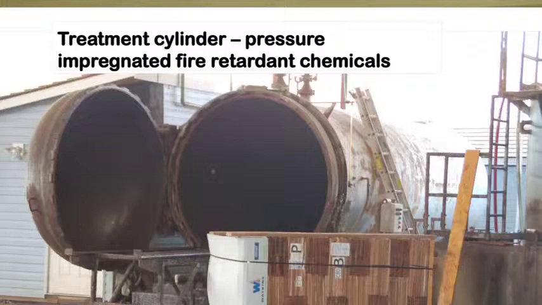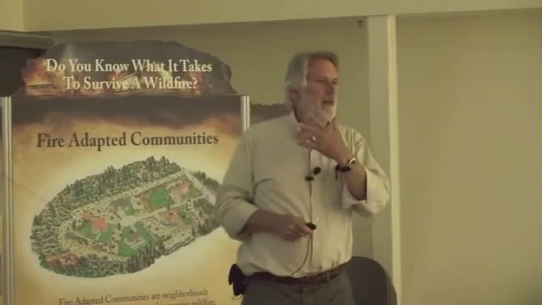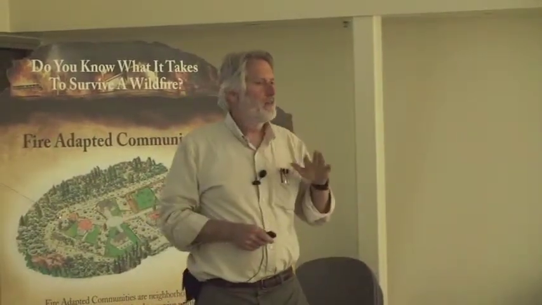This is wood shingles. They get put into the cylinder, the door's closed, the chemical is injected, and then under a vacuum and then pressure impregnation process, the chemicals get injected into the wood. And then there's another step, a drying step that polymerizes these things and in effect fixes them in the wood. And then in California, anything that's going to be on the roof has to pass a